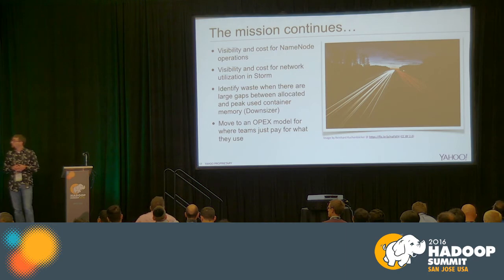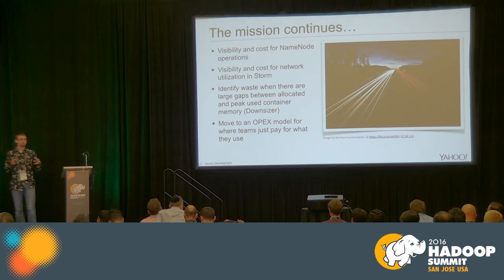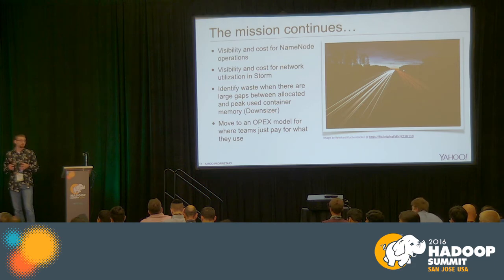So from here, we have a lot of places we'd like to take this. One of the things I'd like to experiment with next is name node operations. We have over a dozen very large clusters, and it doesn't make sense to replicate all that data across all of our clusters everywhere. Ideally you want the processing to happen where the data is, but sometimes that's just not possible. And in those cases, we let our users maybe run the job in one cluster, but read remotely from another cluster if it's in the same data center.